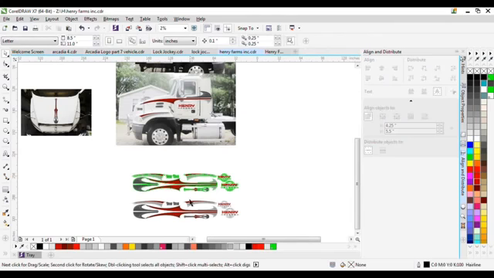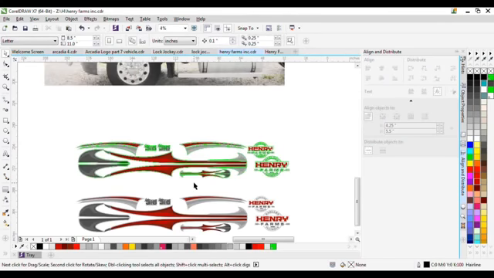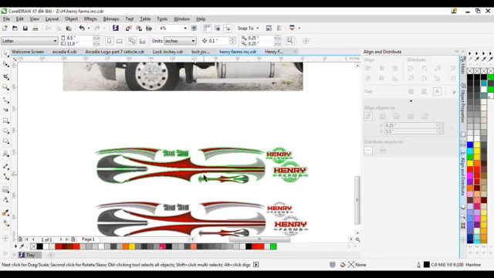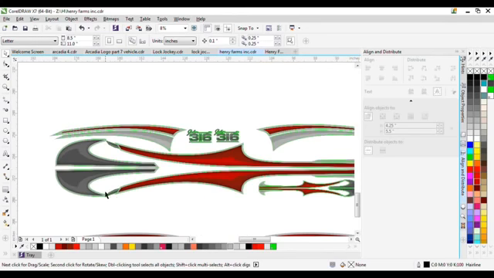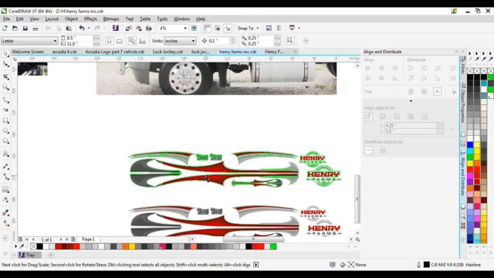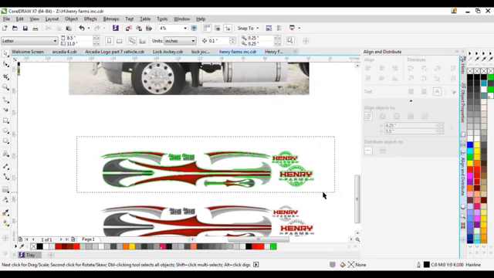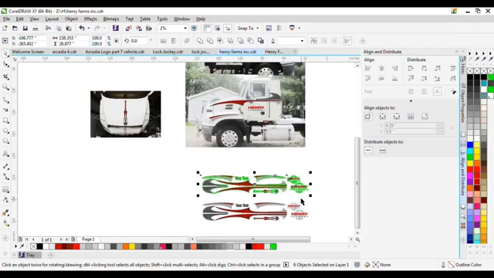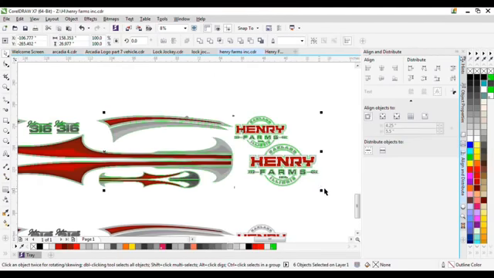And the goal here is our printer has only a certain width that we can print with. So what we do is we like to kind of nest all of our graphics within CorelDRAW, as opposed to using our RIP software to do it, because we can get a little bit trickier with nesting objects together than we can in the RIP software, which tries to do it automatically, and it can't really get things quite as tight. So at the end of the day, we're using this amount of print material,